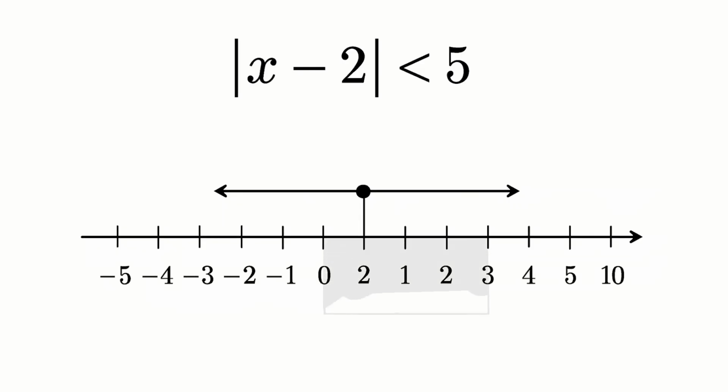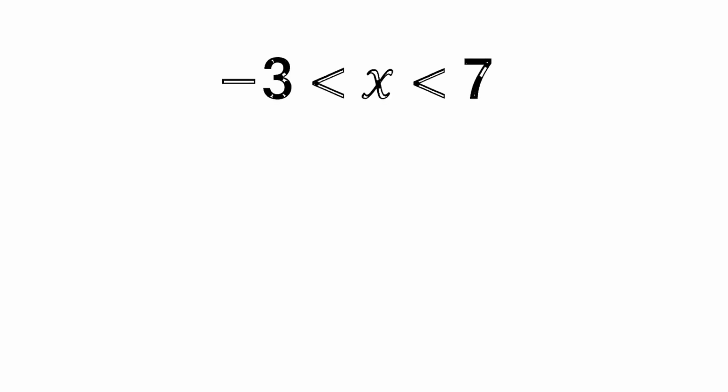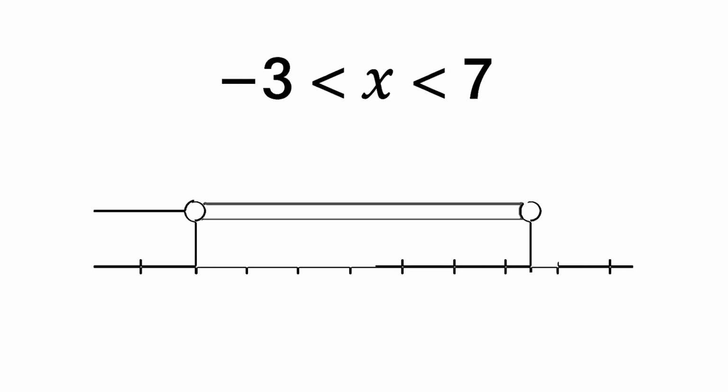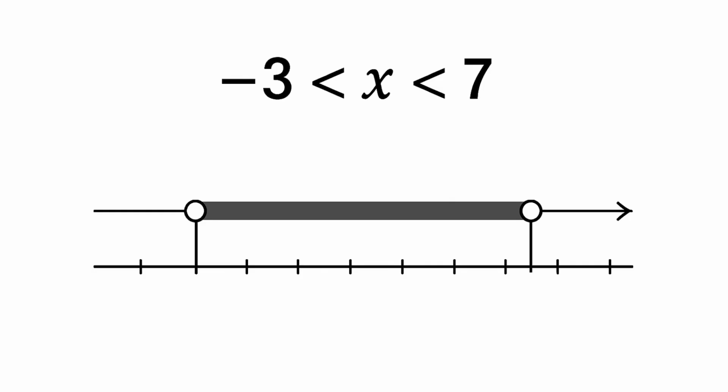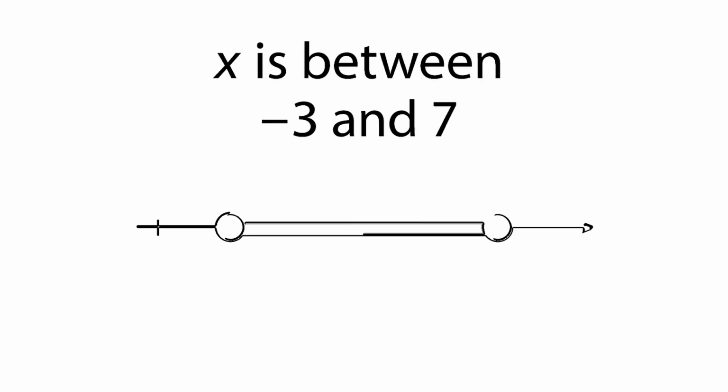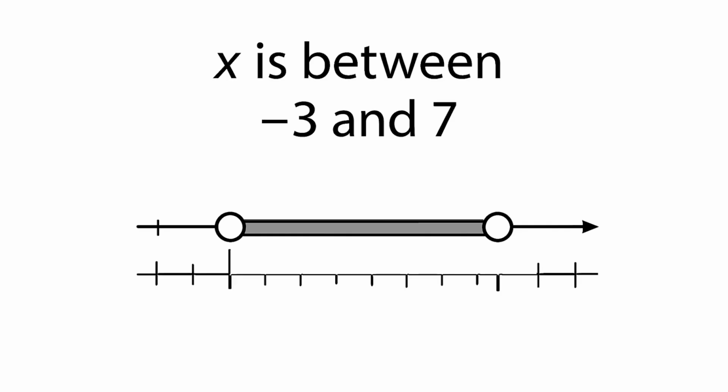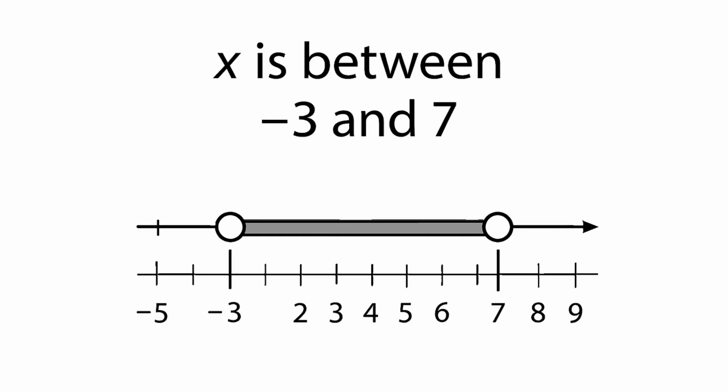X minus 2 is less than 5, and x minus 2 is greater than negative 5. Solve both, and you get negative 3 is less than x, and x is less than 7. That's a compound inequality, and you can graph it as a segment between negative 3 and 7. If the absolute value is greater than a number, you'll usually get an OR inequality, with two shaded regions on